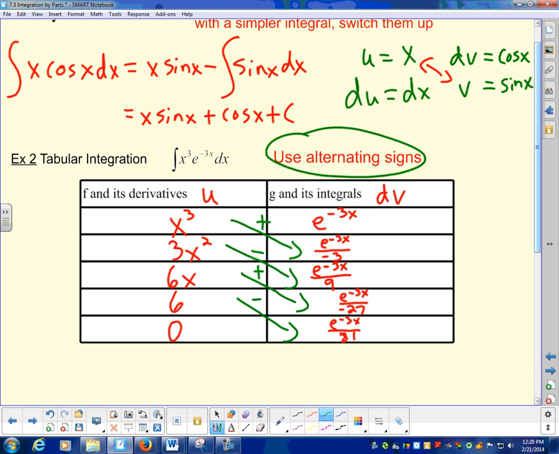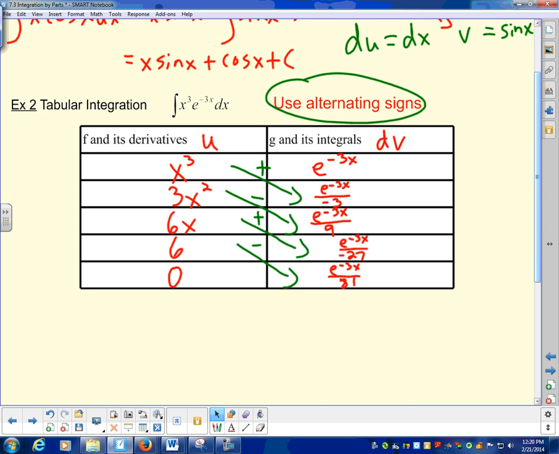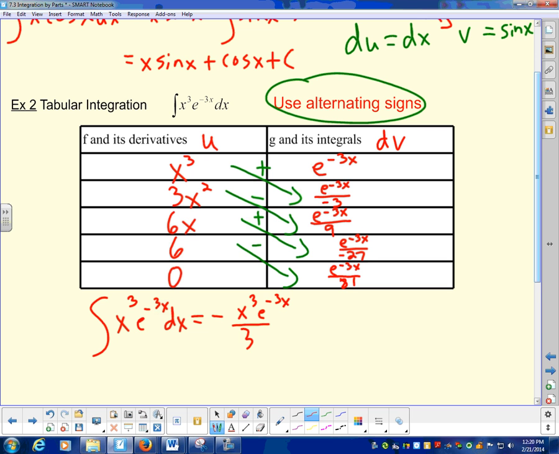Okay, so my final answer, watch this. Just using the table, doesn't even look like integration here. The integral of x cubed e to the negative 3x dx is equal to the product of these two, which is negative x cubed e to the negative 3x over 3. Okay, I got to watch my signs here. The product of these two is positive, but then I have to subtract it. So it'll be minus 3x